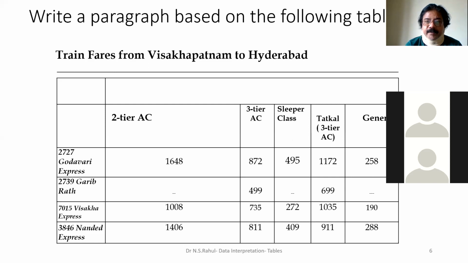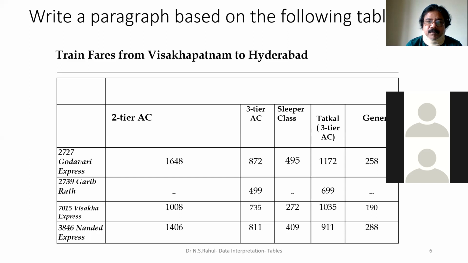Please speak quickly. This table gives the information about the train fares from Visakhapatnam to Hyderabad. In train number 2727, Godavari Express, the two-tier AC seat costs 1,648 rupees. Three-tier AC seat costs 872 rupees. Sleeper class costs 495 rupees. Tatkal ticket costs 1,170 rupees, and general seat costs 258 rupees. In train number 2739, Garib Rath